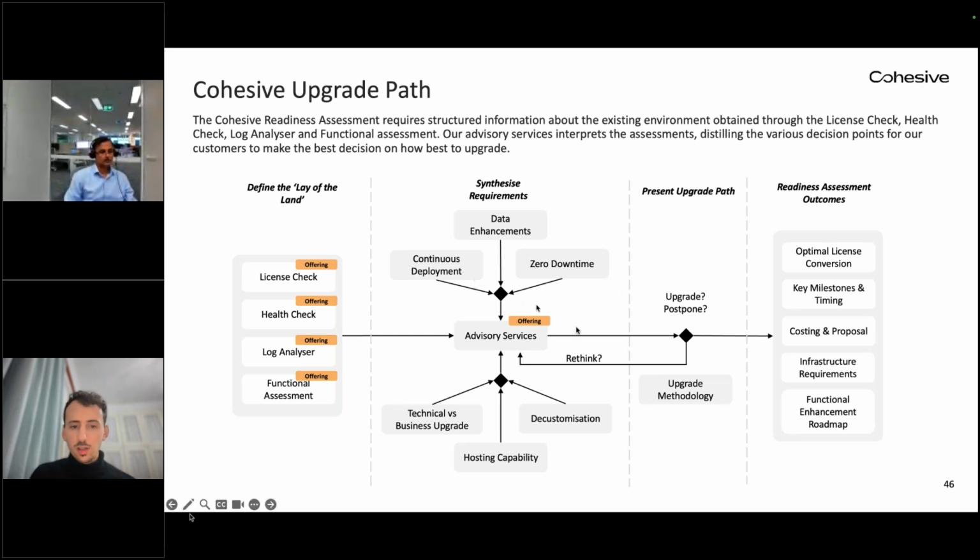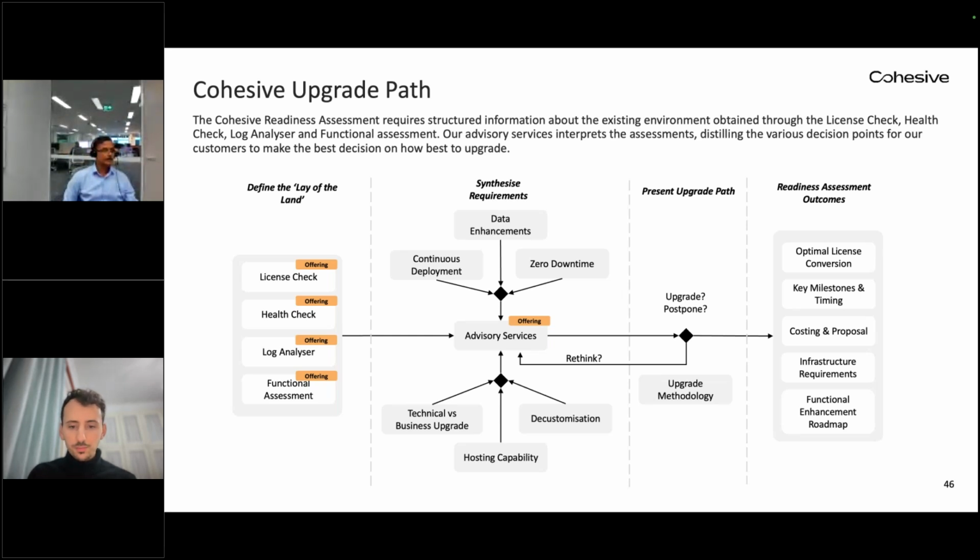And so there are things along in terms of actual downtimes. Do we do a pure technical upgrade? Do we do a technical plus functional enhancement? And there are reasons and justification for both. If there's a heavily customized system, how can we leverage some of the newer capability to remove those customizations and